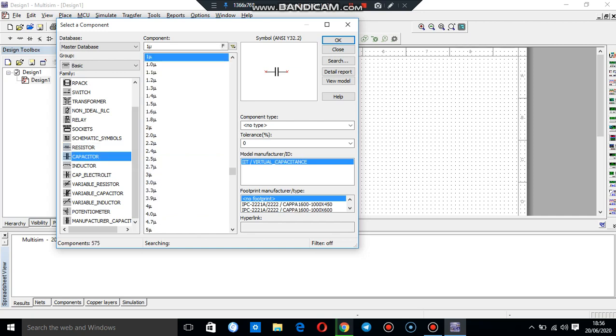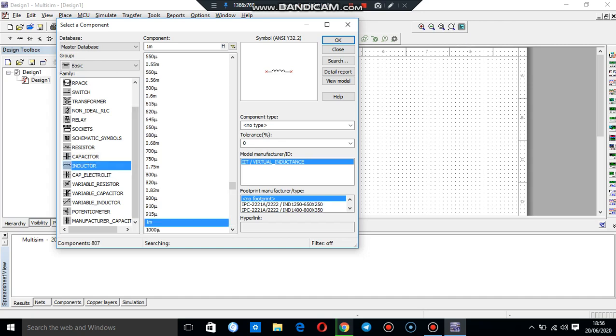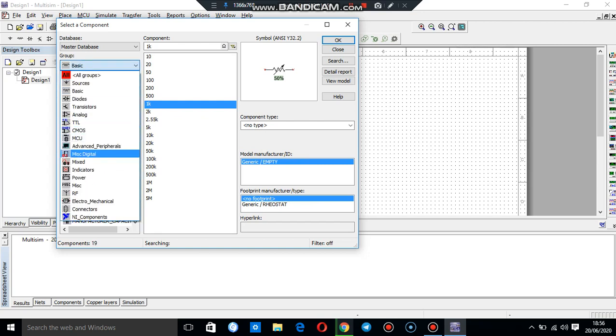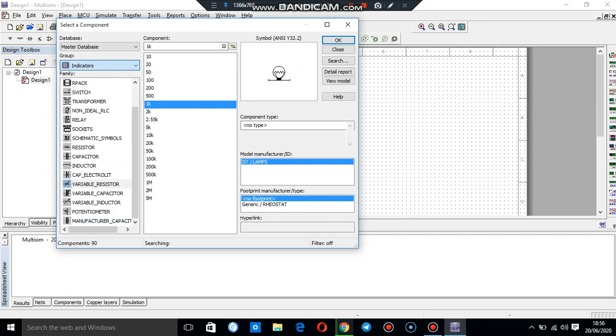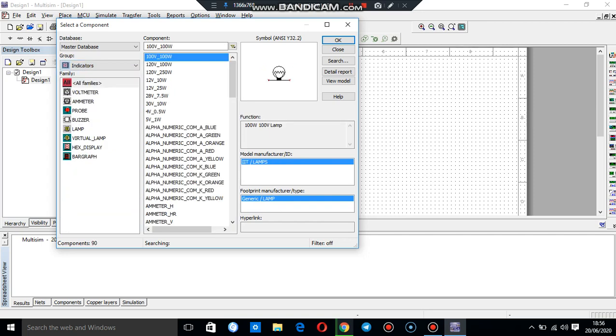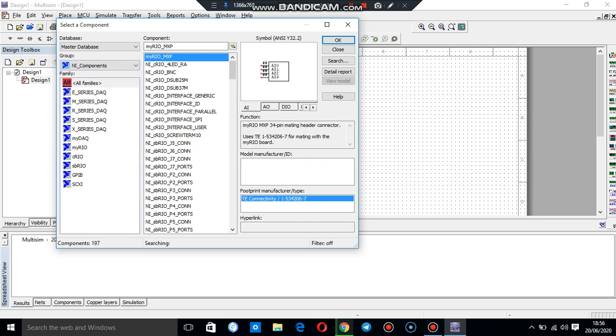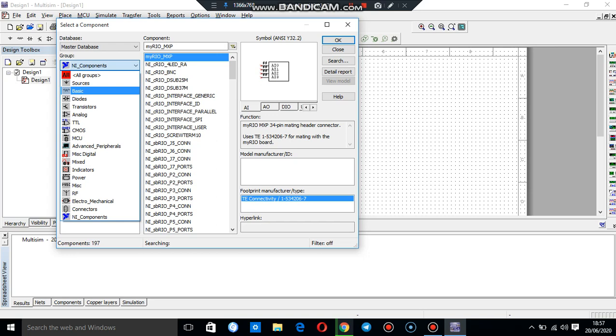For capacitor we have many options, milli, micro. For inductor we also have many options, and variable resistor. So we have n number of options as basic components. And we have indicators, powers, probes, and NI components. So there are many components available here in order to simulate an analog experiment.